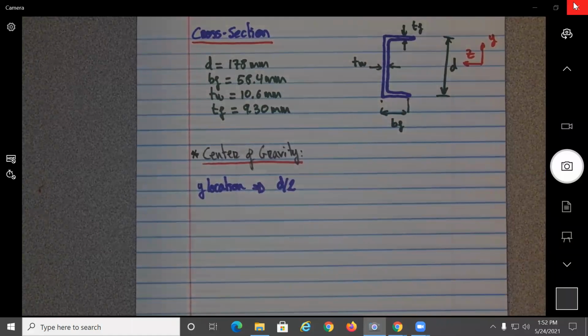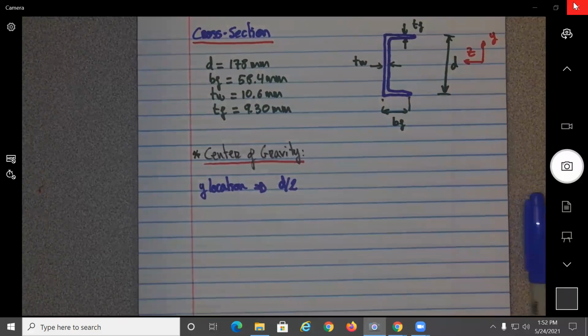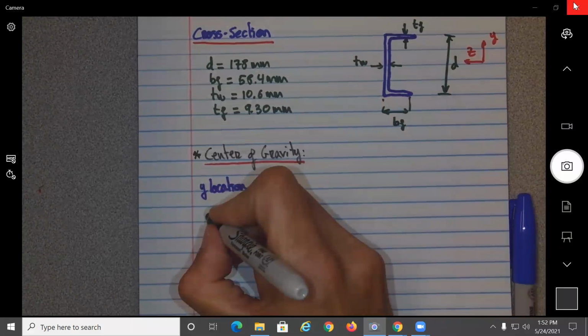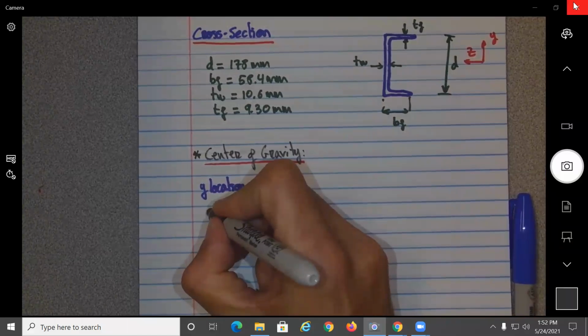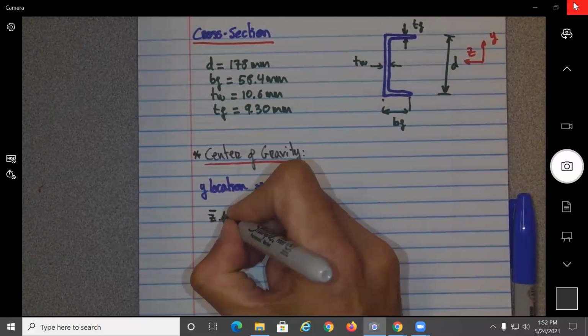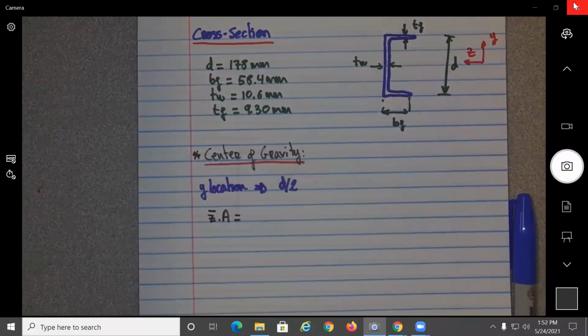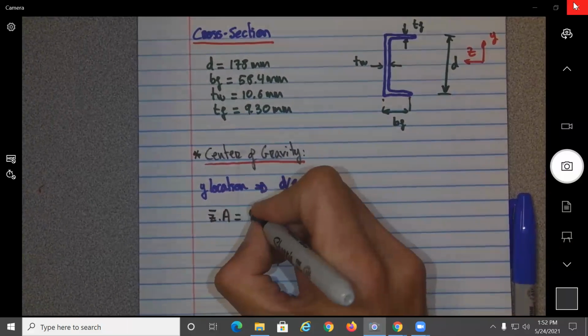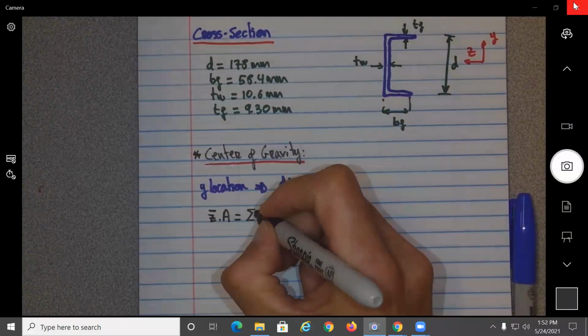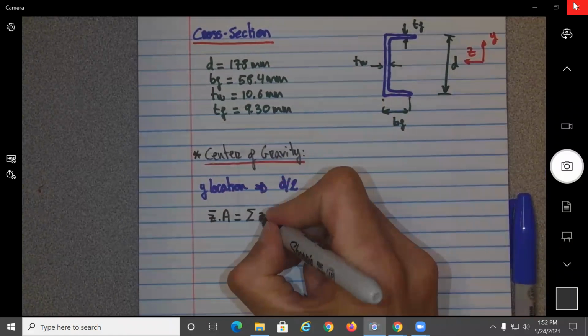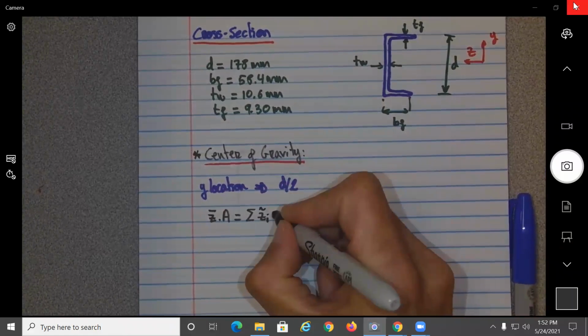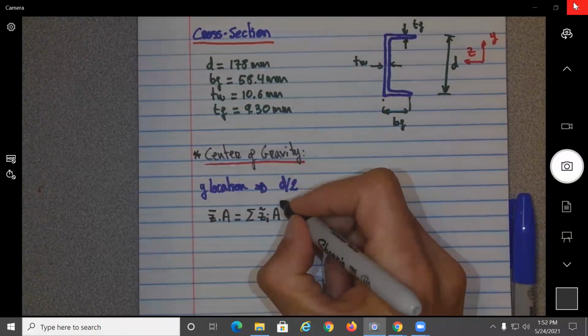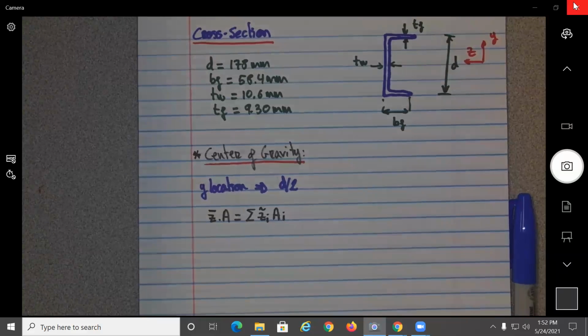There's one general equation: the moment created by the Z location, Z bar times the area of the cross section, needs to be balanced